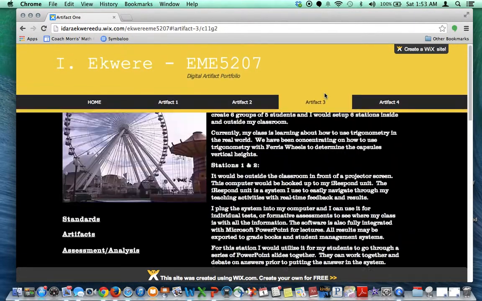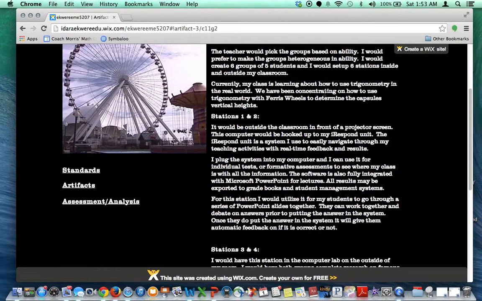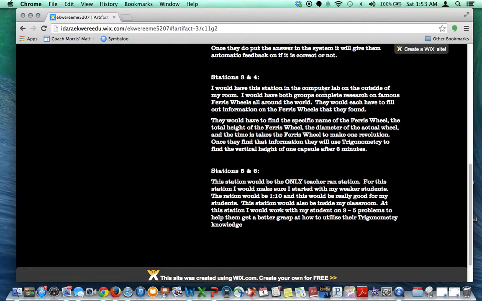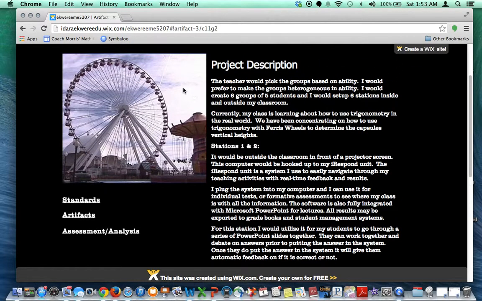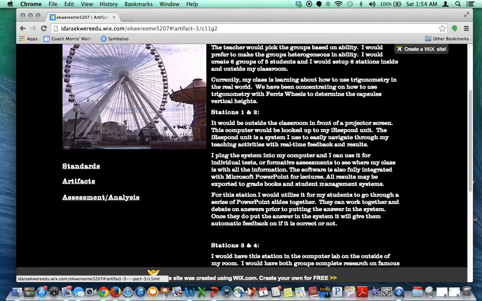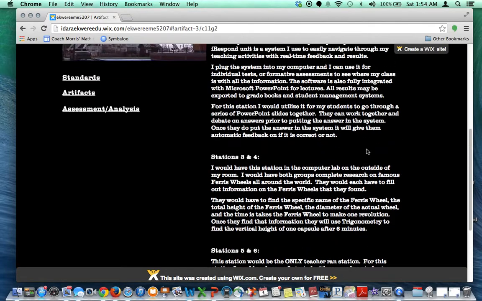Artifact 3. This was using my advanced mathematical decision making class, and we're utilizing trigonometric functions and a Ferris wheel, and how can you find the vertical height of any one capsule after a certain amount of time. So it was a remediation task where I split them off into 3 different groups, and in the first group